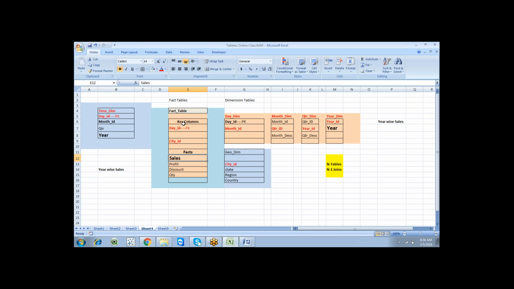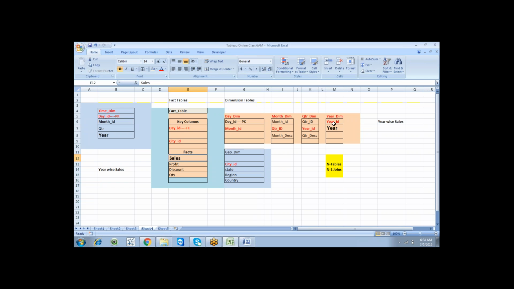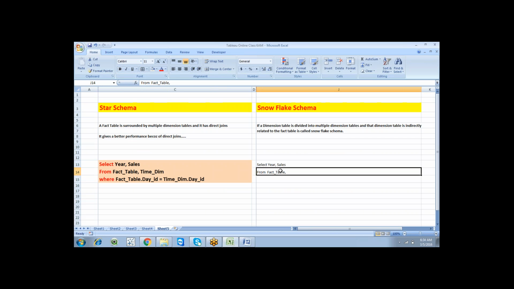So I need to fetch year and sales from two tables: sales from the fact table, and year from the year dimension table. So select year, sales from fact table, year_dimension. And now we need to write a simple join condition.